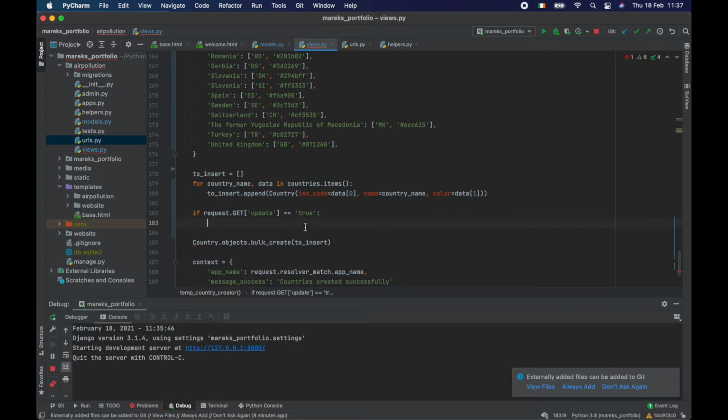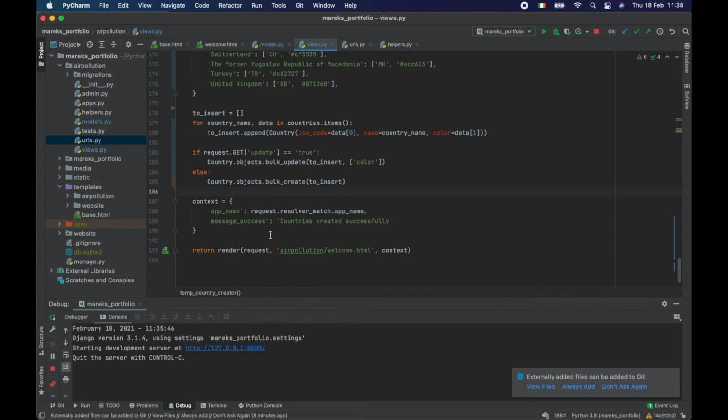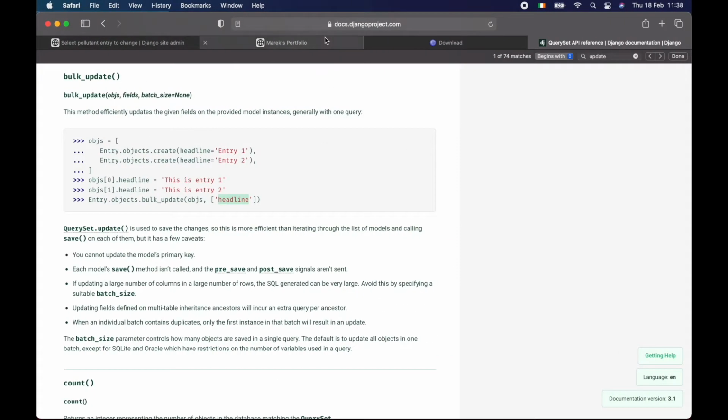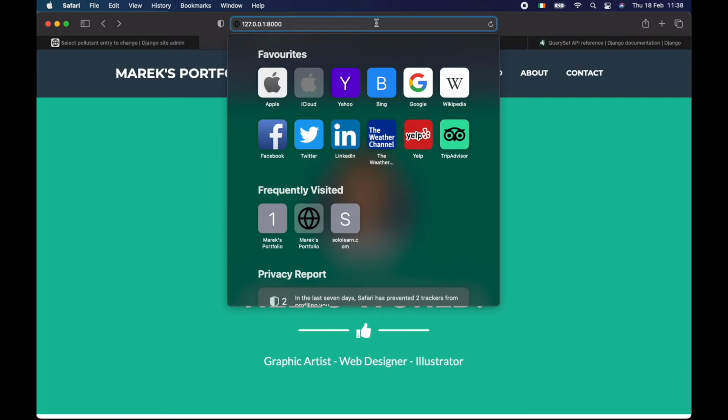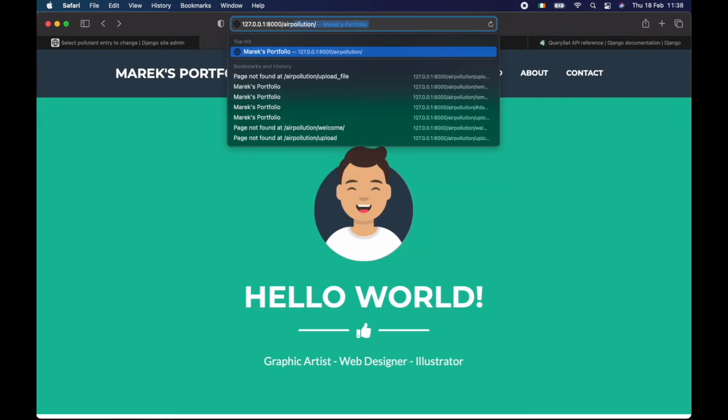Okay, and then we're gonna do Country.objects.bulk_update, and then we put to_insert. So these are all the entries that we want to update, and then we specify that we want to update the colors. Okay, color is the field. Okay, else we want to create. Okay, and then we do the same thing as before. Okay, so what do I mean by update? Let's go here and go to air pollution